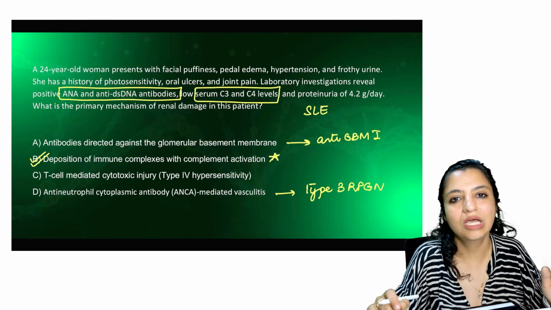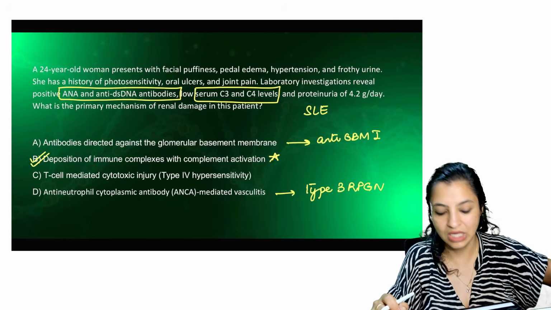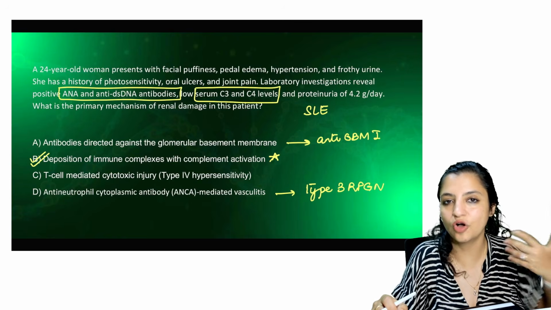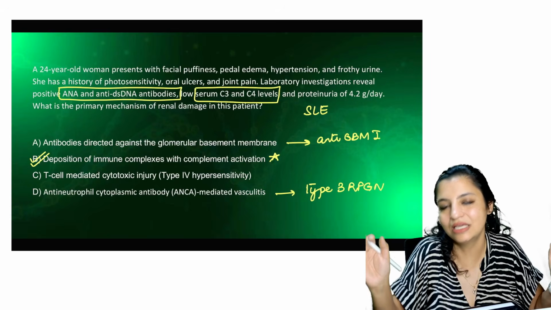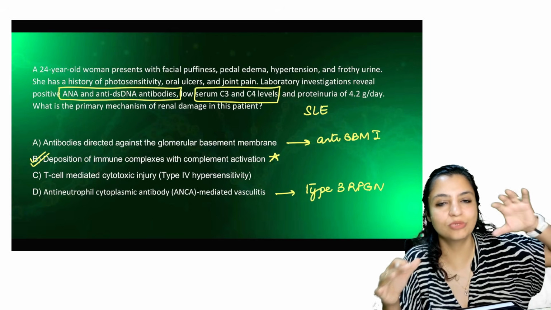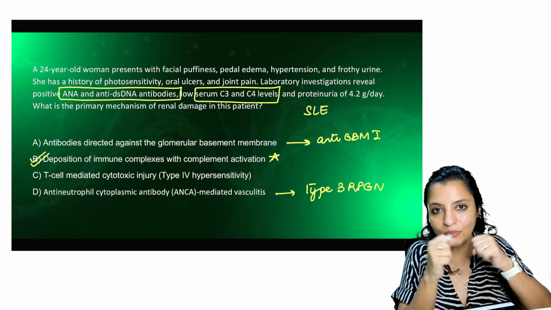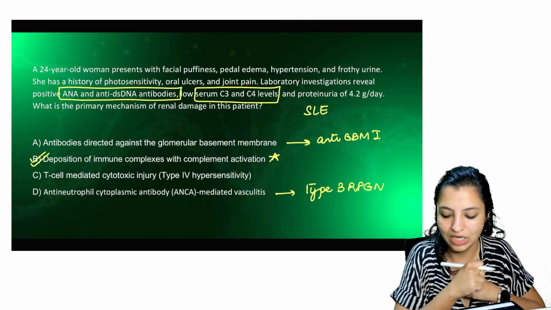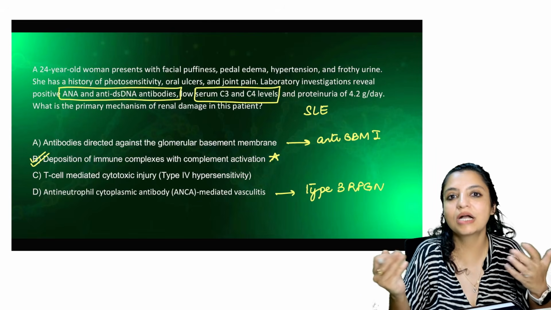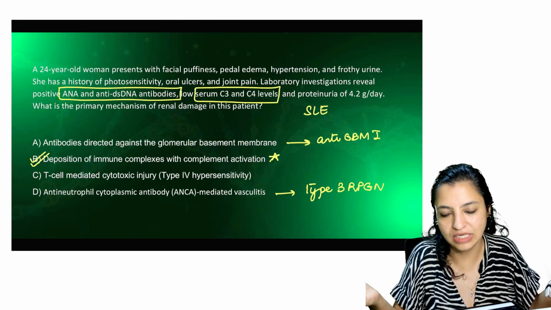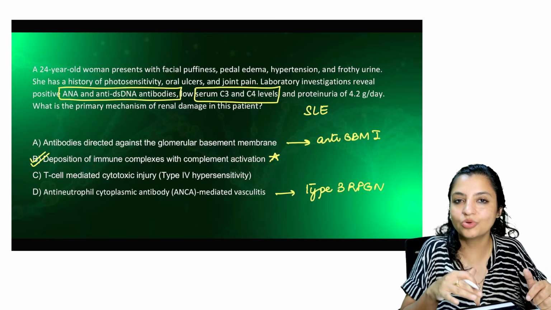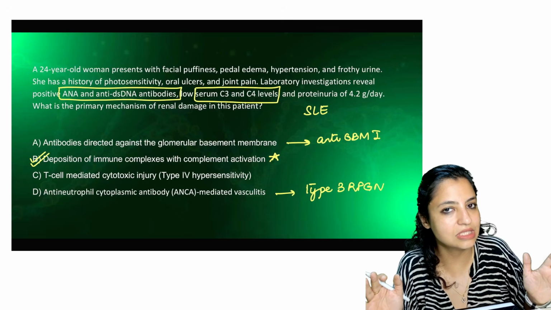Typical history: the patient is having photosensitivity and anti double stranded DNA antibodies, ANA is positive, complement levels are low. What is this? This is SLE. SLE is an immune complex mediated disease which causes immune complexes to be deposited in the kidney, and it consumes the complement, so complement levels also fall. So that was a classical history. They ask you what the mechanism is, basically which type of hypersensitivity it is. That's an indirect way of asking. This is type 3 hypersensitivity. There are immune complexes which are deposited and cause decreased complements.